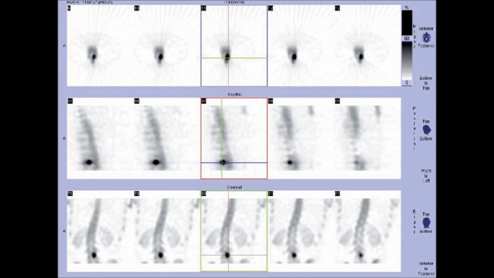This is an example of a processed SPECT image. As I stated before, when we showed how we position, the camera will rotate around the patient, taking pictures at different angles. The computer will then rebuild it into an image that can be divided up into slices. This is advantageous because it gives the physician a better idea of where the lesion's actually at. If you look at the middle row of the spine, you can see that it's a little bit darker on one side and a little bit lighter on the other. That'll help give the doctor a good idea of where on the